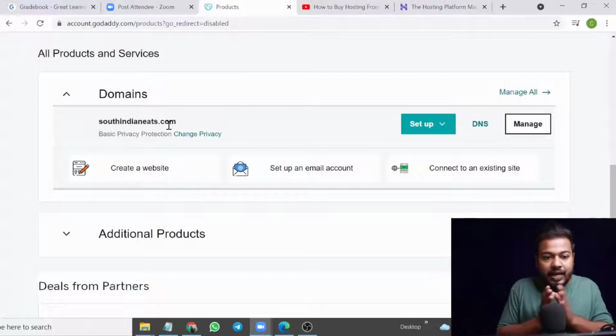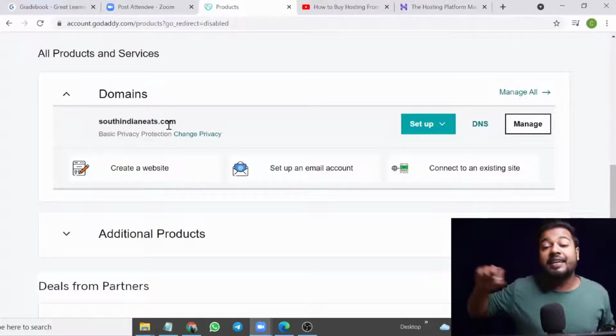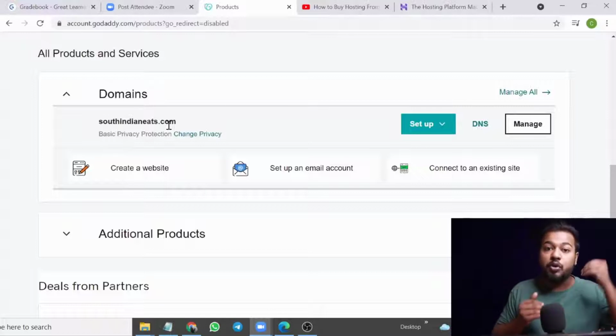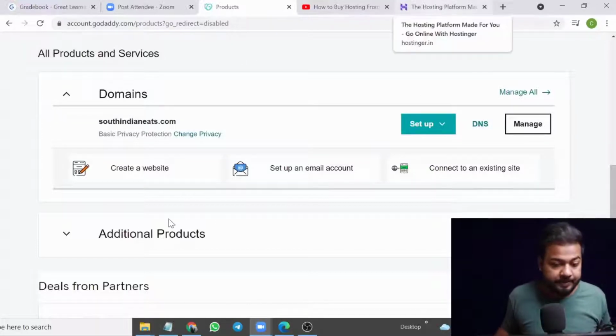You don't need to use southindianeats@gmail.com, so you don't need to go for a Gmail account here. You will have your own personal email account. That's again a good point.